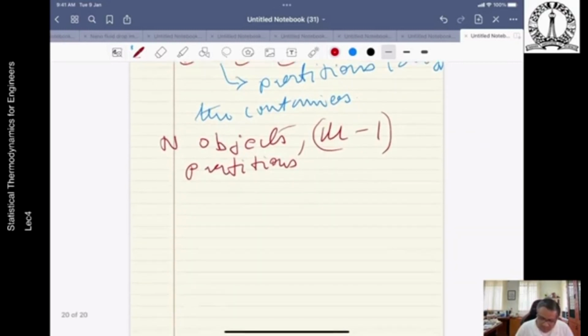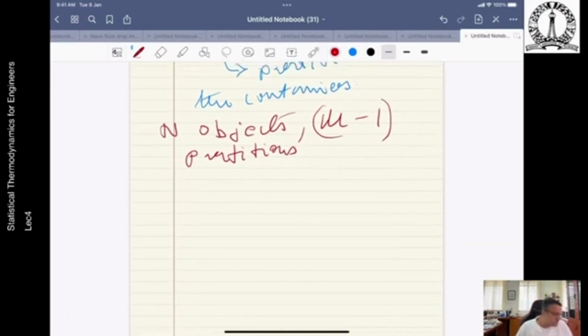Am I right? There are m minus 1 partitions. So the total number of objects, if we just put it that way, is this. And by interchanging the partitions and all those things, the maximum number of rearrangements that can be made is therefore n plus m minus 1